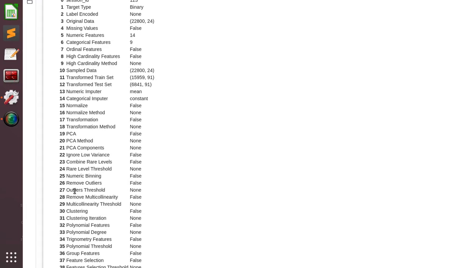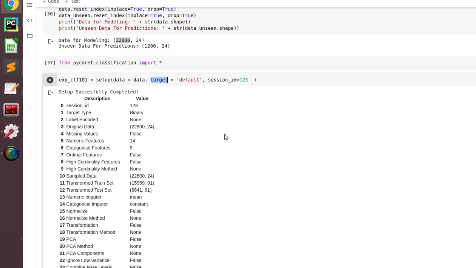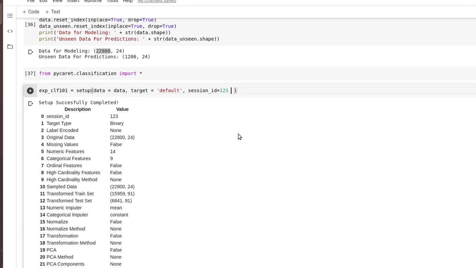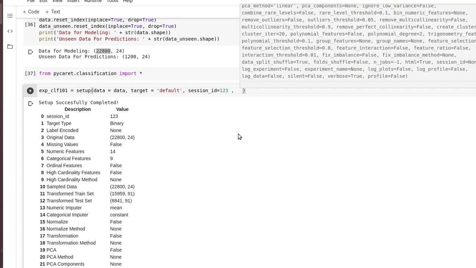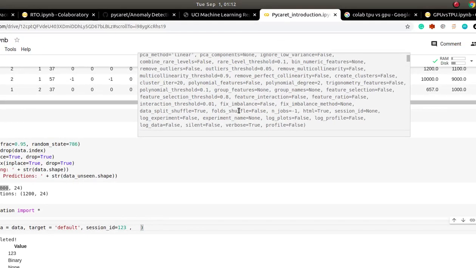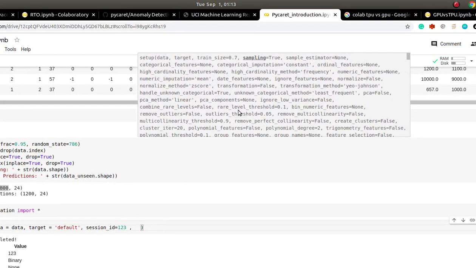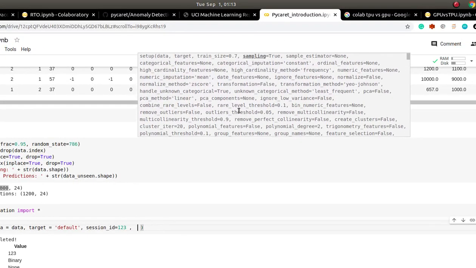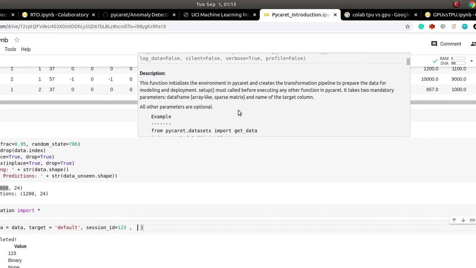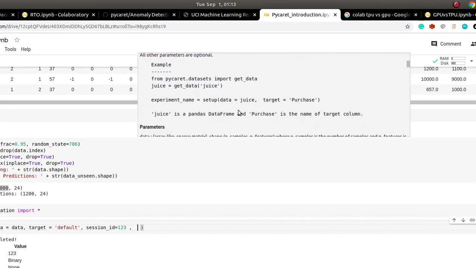Suppose I want to remove outliers, you just need to write it here as True. If you want to know all the parameters in the algorithm, you just need to write a comma and press tab, and these are all the parameters provided by this setup function. You can check it out here.